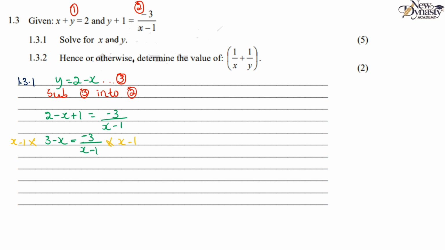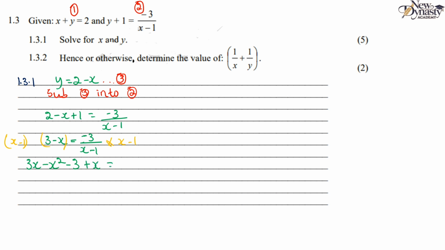So nicely we can just put everything in brackets. Therefore I can just remove the multiplication sign since everything is inside the brackets. So I'm going to here FOIL x times 3. I'm going to have 3x, then x multiplied by negative x is going to give me negative x squared. Then negative 1 times 3 is negative 3. Negative 1 times negative x, that is going to give me positive